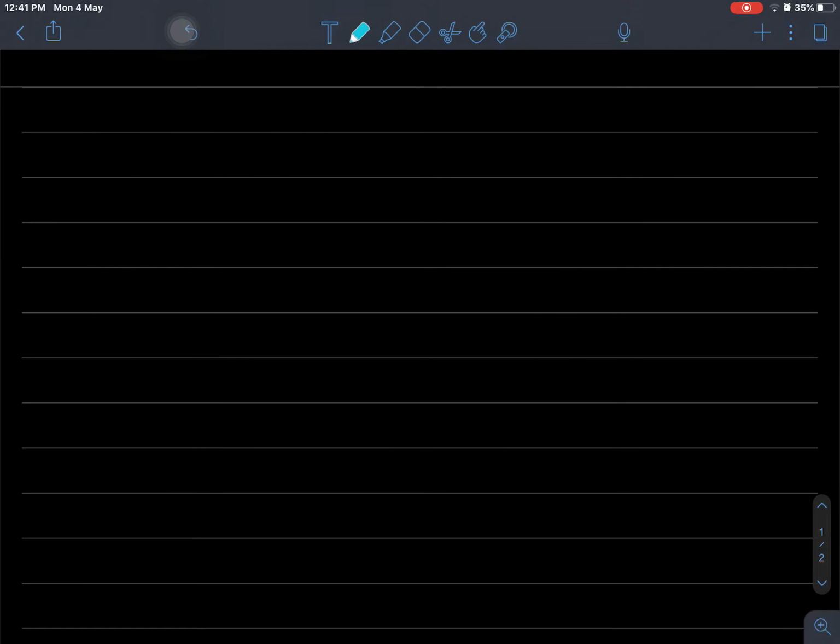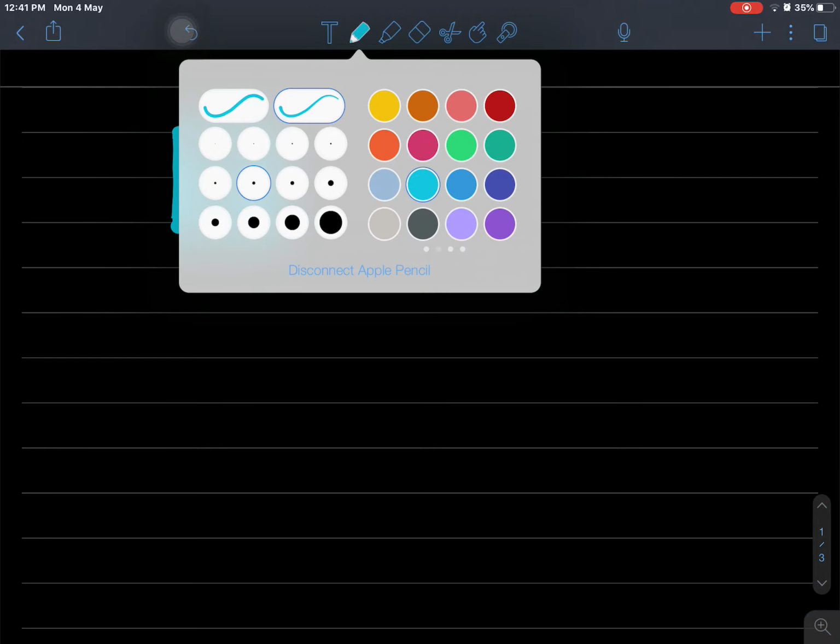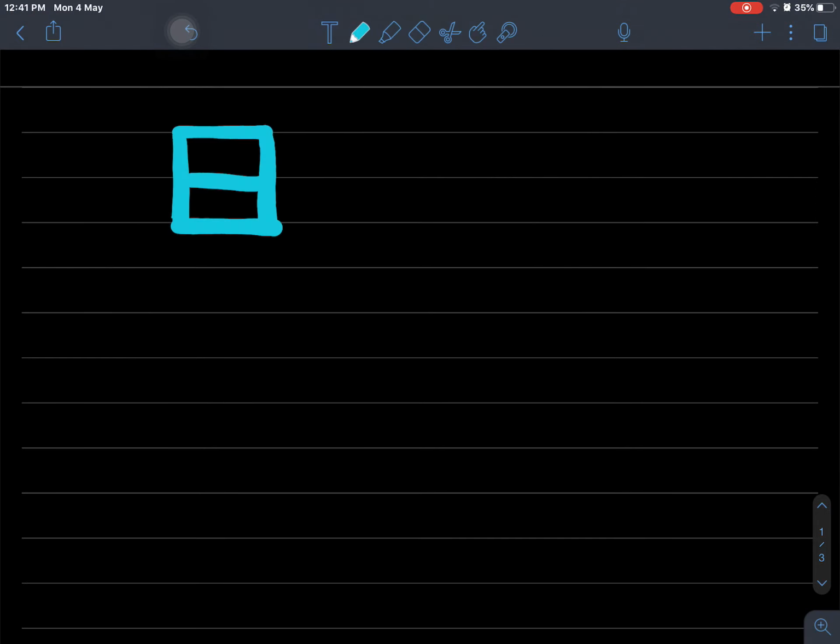But okay, so this is the first kanji of our journey, and this is also the first kanji of the day. Interestingly, this kanji also means day. So again, let's start writing. So this is the kanji. Now we will have to learn the stroke order of this kanji. Feel free to rewind and look back as to how I wrote this kanji, because that is the stroke order.